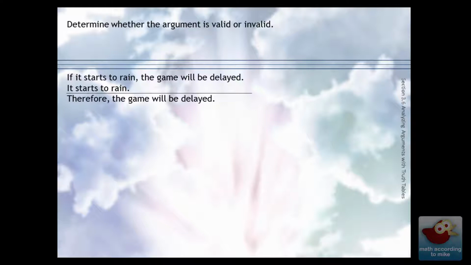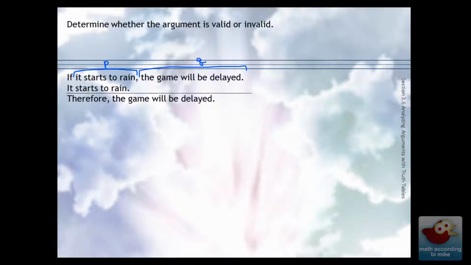So if it starts to rain, the game will be delayed. It starts to rain. Therefore, the game will be delayed. We keep hearing a couple phrases over and over again, which is our highlights for our P and Q. So let me use a different color so it stands out a little bit more. So if we have the phrase, it starts to rain as P, and we have the phrase, the game will be delayed as Q,